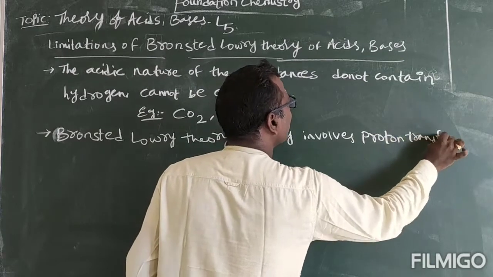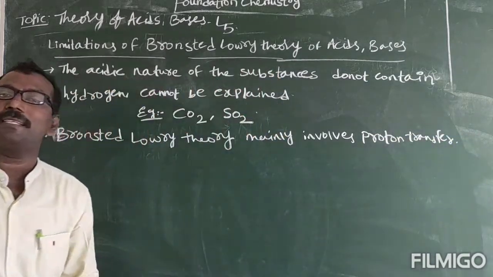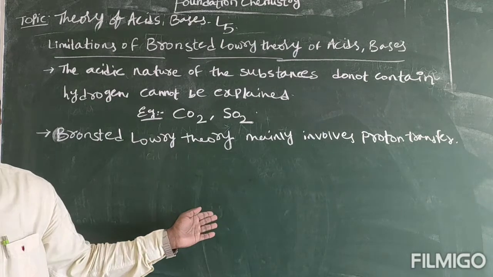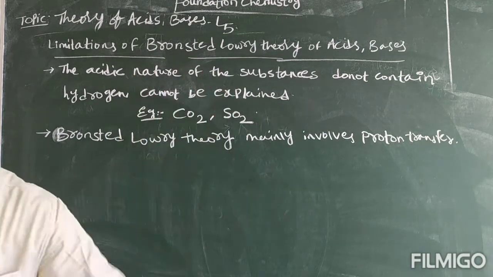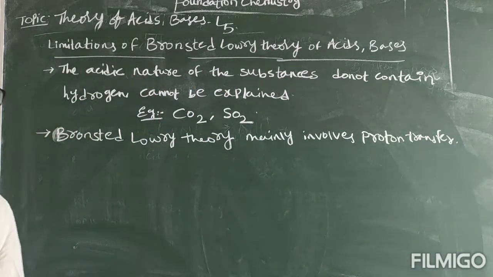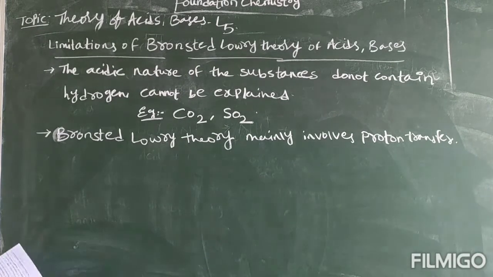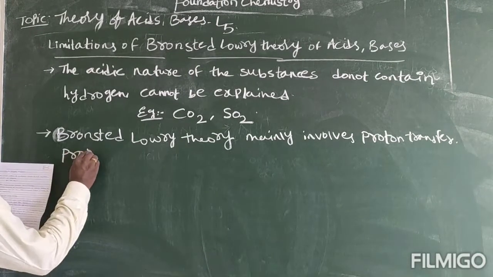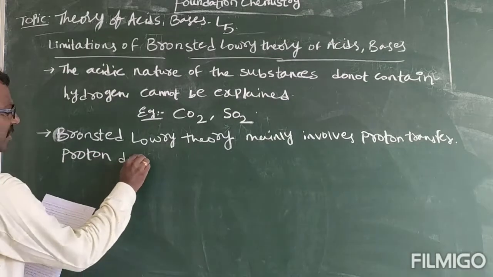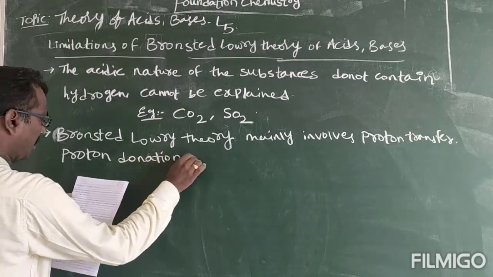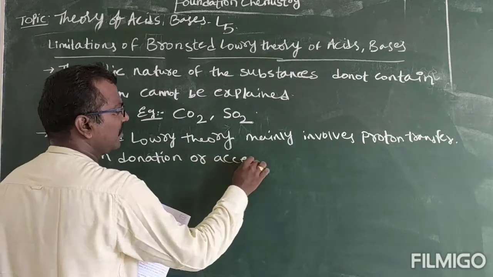Only proton transfer is the major concept. Whereas in Arrhenius theory, what is the concept? Soluble in water. It is limited to only water. Okay? So proton donation or acceptance